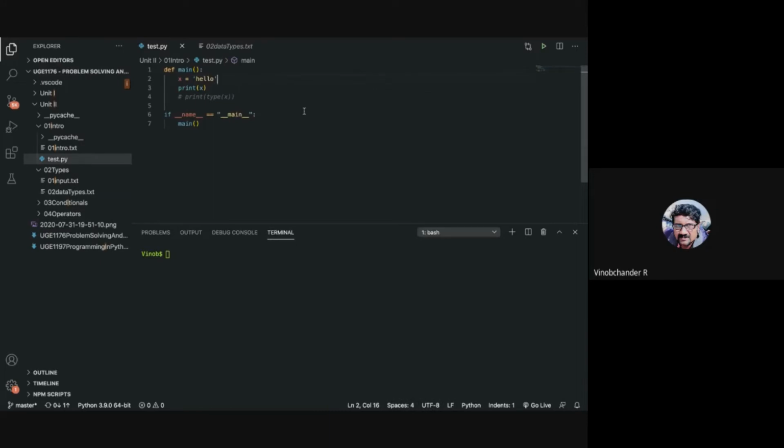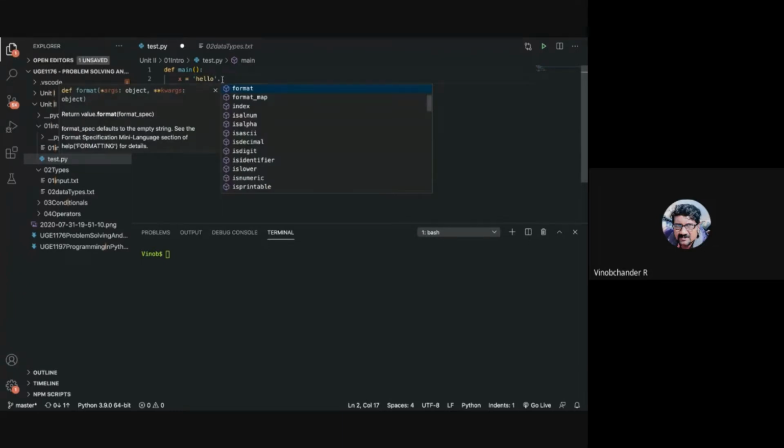Say for example, now see this, guys. Now this hello is a string literal. This is an object of type str, and hence you can invoke methods on this. So if you put a dot, you can see all the different methods that are available and that you can make use of.